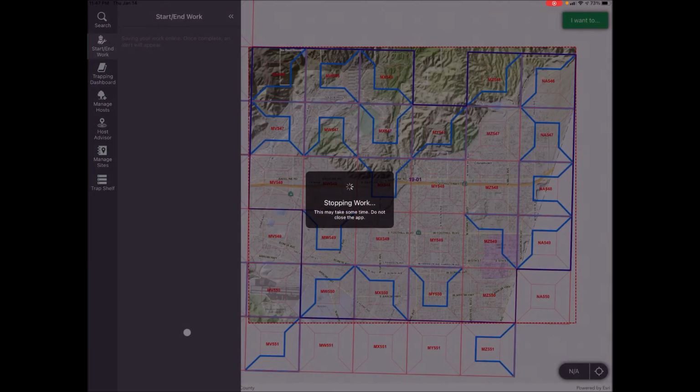All right, so to summarize, we went through all the menu items to search things, start and end work, how the trapping dashboard works, managing hosts, host advisor to look up certain profiles in the past in the database and see what it matches up to, managing sites, and how the trap shelf works in terms of helping you relocate. One tip to add for the trap shelf is